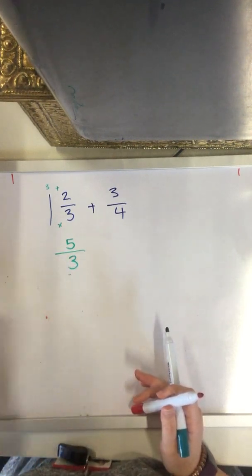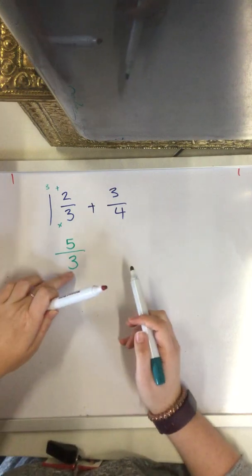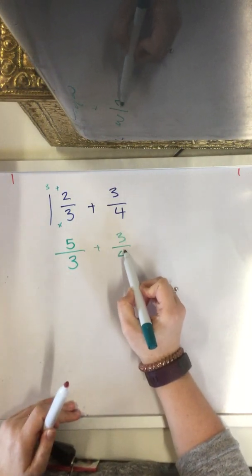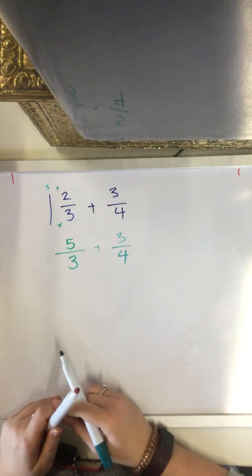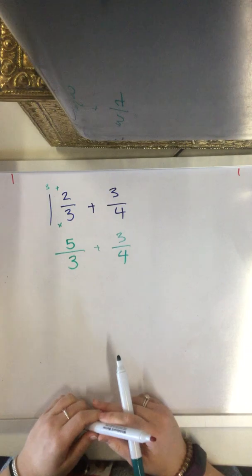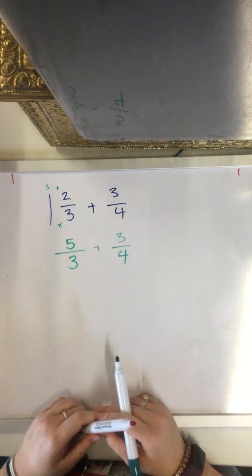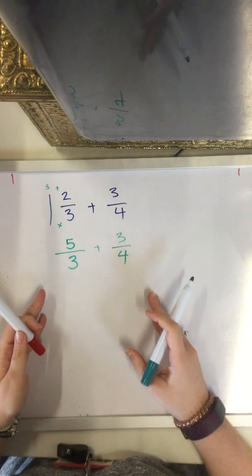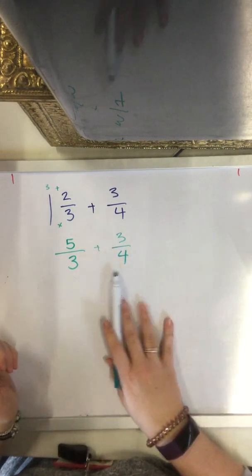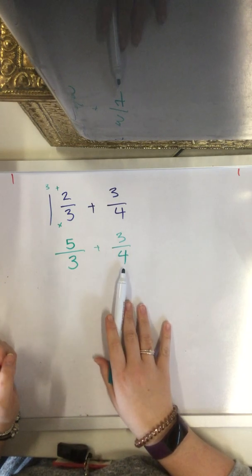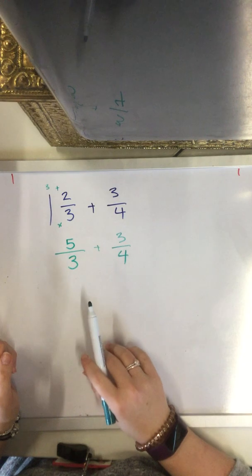They're a big help. So we've got our 5/3 now, and then our 3/4, that's just going to stay the same. Just going to pop him down there. So in some ways we can kind of ignore this just for now. Don't have to worry about that. So our next challenge is adding these together, but we have a problem. And our problem is the fact that these denominators are not the same. And that's the key bit of information. Your denominators have always got to be